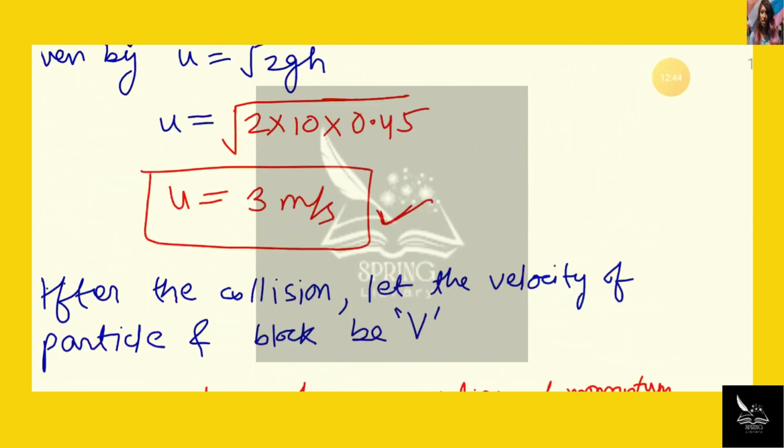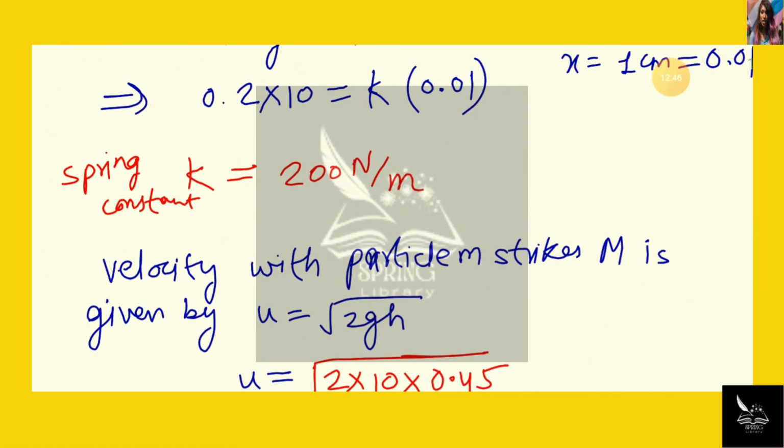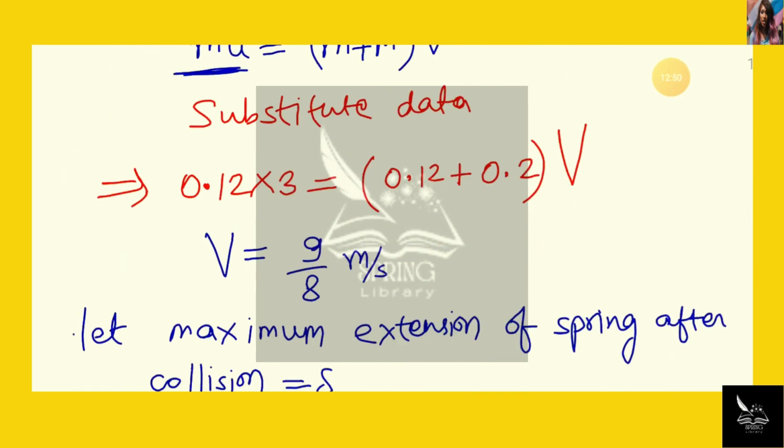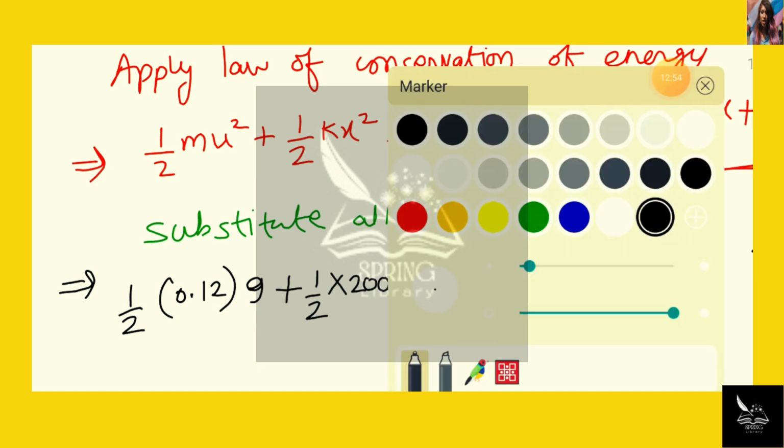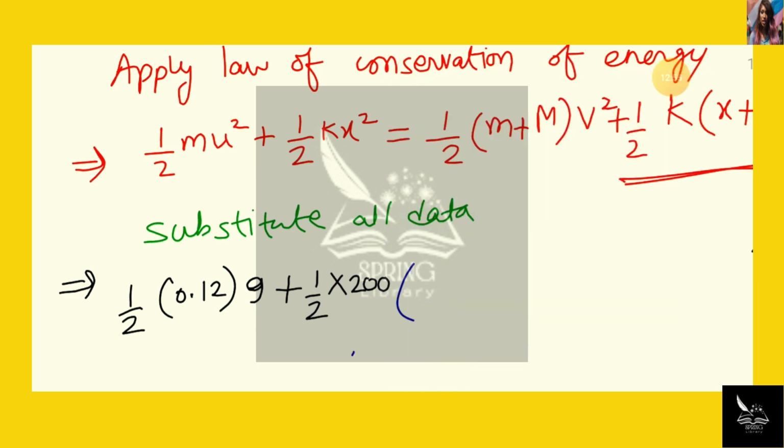And x square, in the question given x is 1 centimeter, or in meter it will be 0.01 meter. So x square will be 0.01 square,